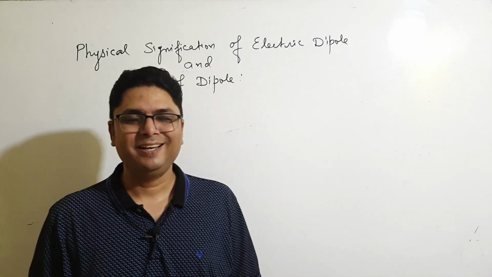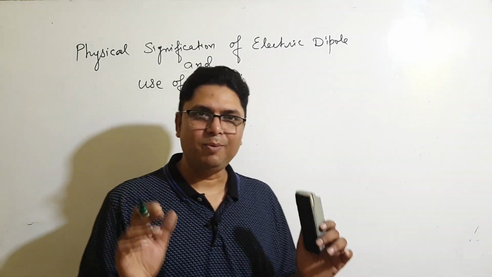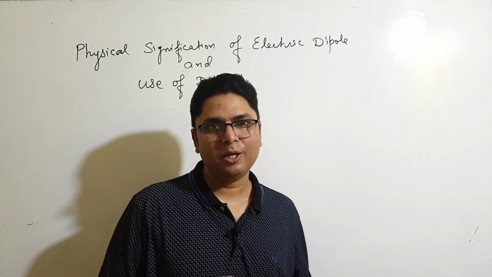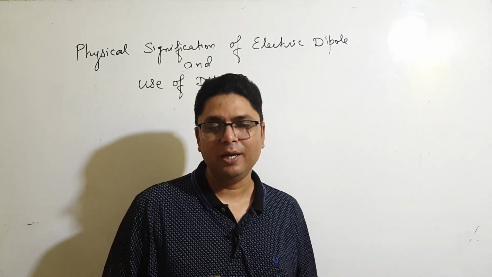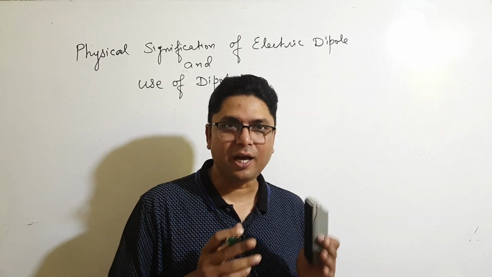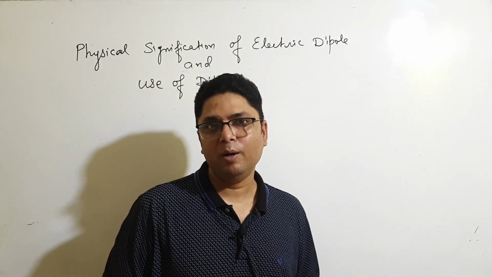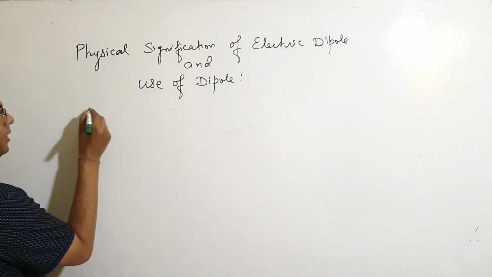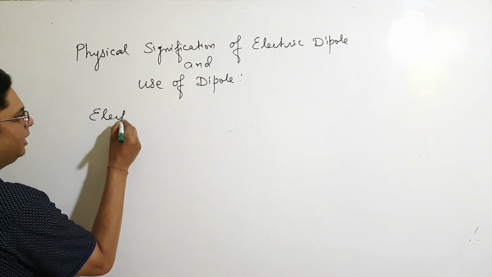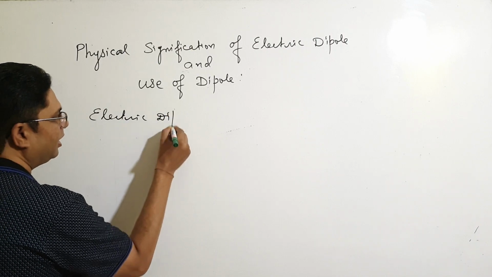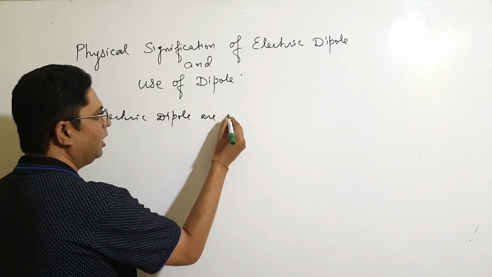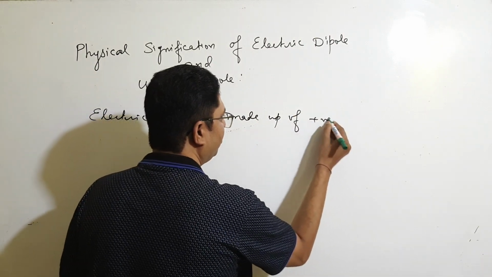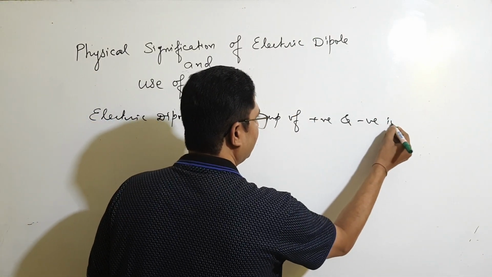So friends, let's study about the physical significance of electric dipole and the use of electric dipole. In nature, electric dipoles are made up of positive and negative ions. This means that electric dipoles are made up of positive and negative ions